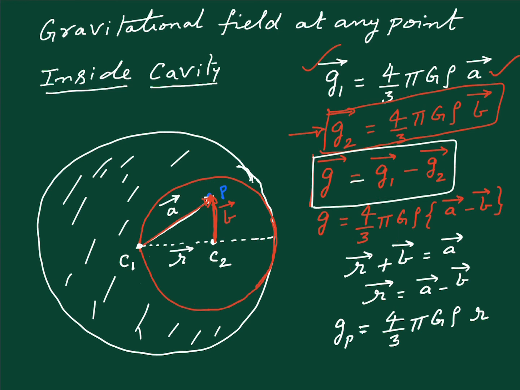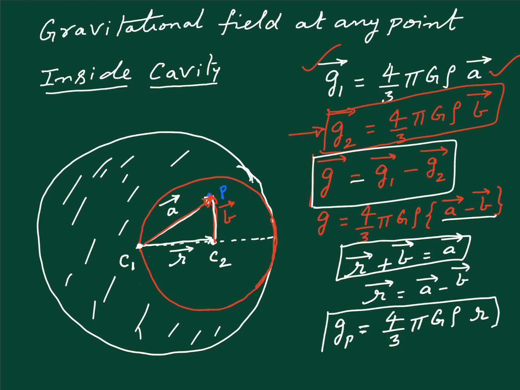So 4 by 3 pi G rho into A minus B. What is A? The distance of the observation point from the center of the original sphere. B is from the center of the removed part. From the triangle law we know that R plus B is equal to A, so R is A minus B. So the gravitational field at any point inside a cavity is